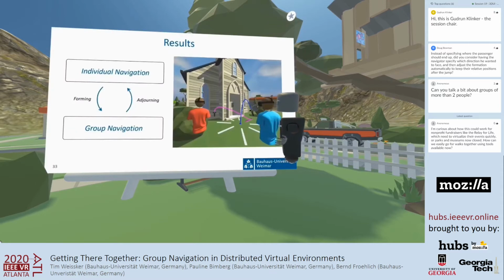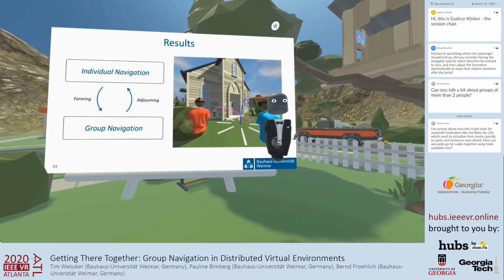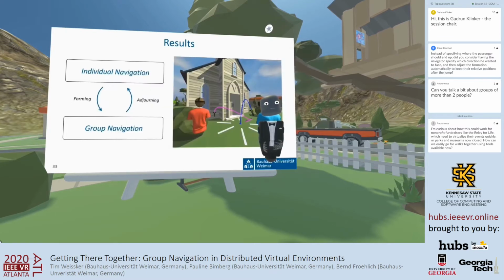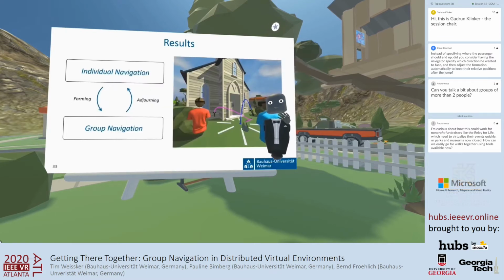We observed that all participants used mixtures of individual and group navigation to solve this task, where individual navigation afforded a very fast-paced input sequence, which was mainly used to get a very fast overview of certain parts of the environment, before coming back together and switching to group navigation. And group navigation allowed these users to stay together, to focus their verbal communications more on the content rather than